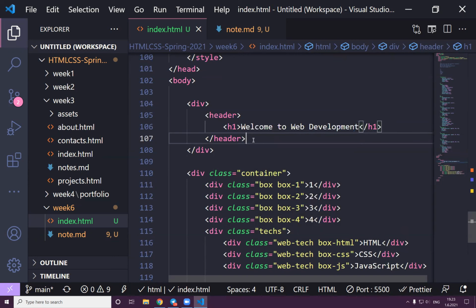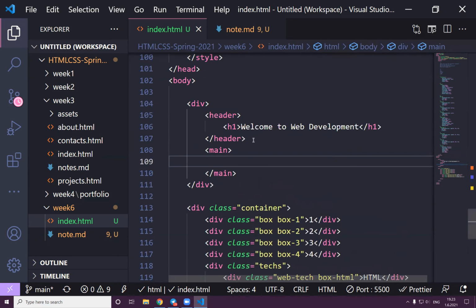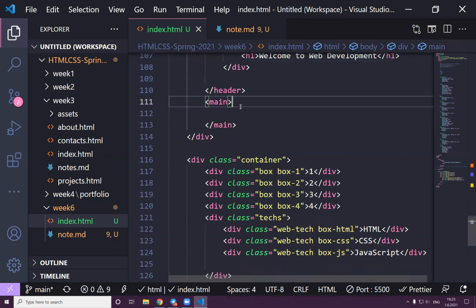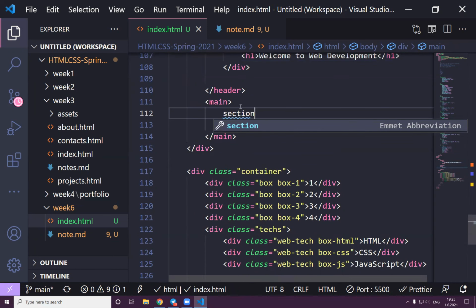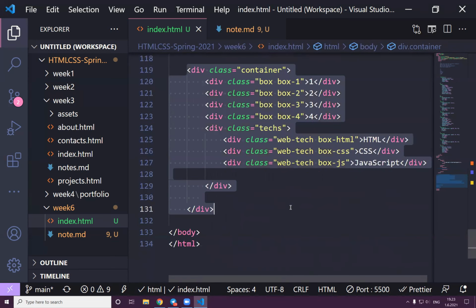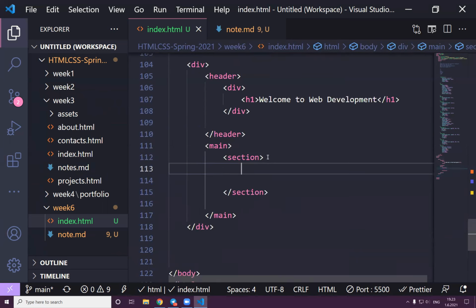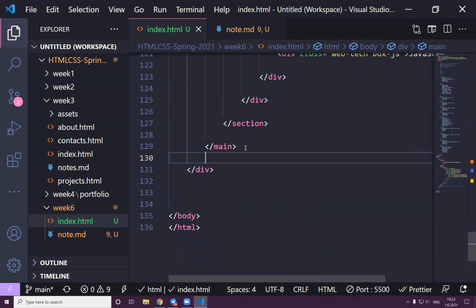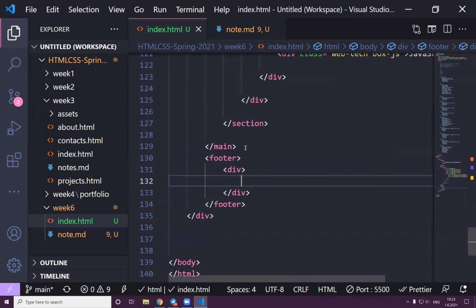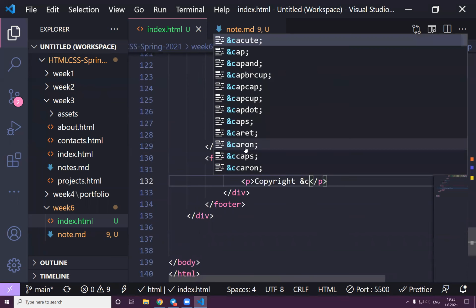And we may have also the main section, right? And even sometimes you may want to wrap this in a div, because sometimes the div allows you to create a different section. Now I want to just take this inside one of the sections here. And then you may need also the footer section, yeah? And in the footer, maybe a div inside here, P, copy, right. It's not mandatory, but looks copy,